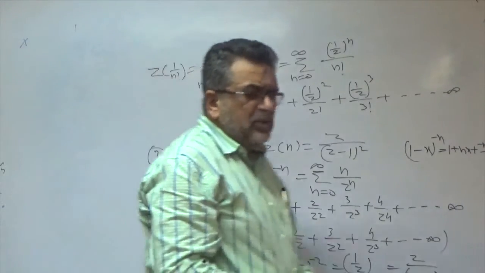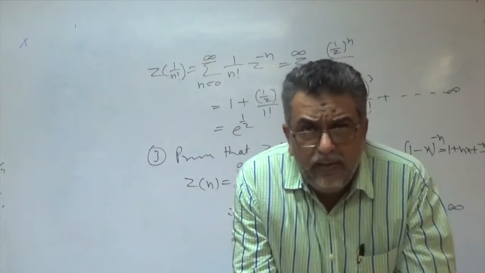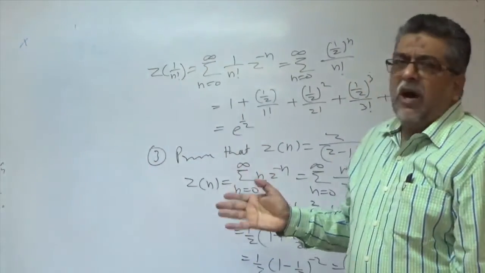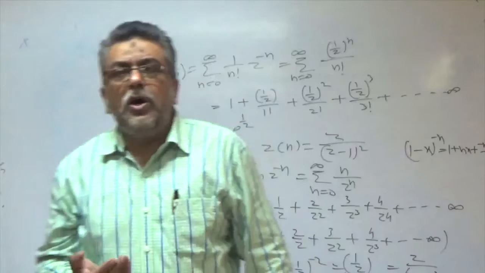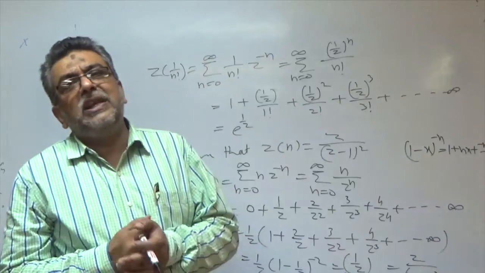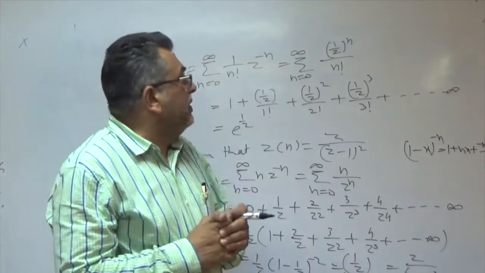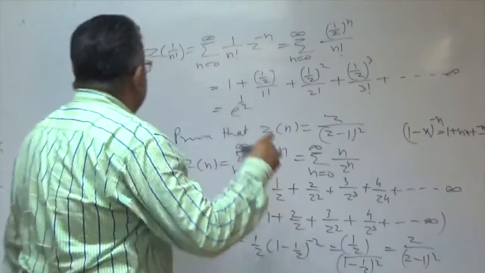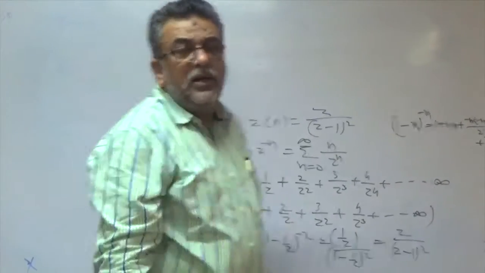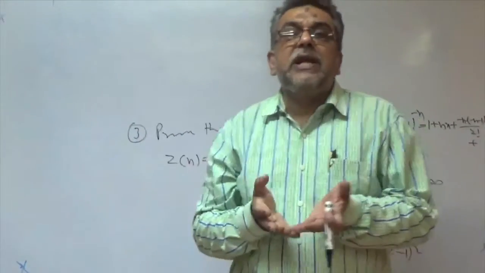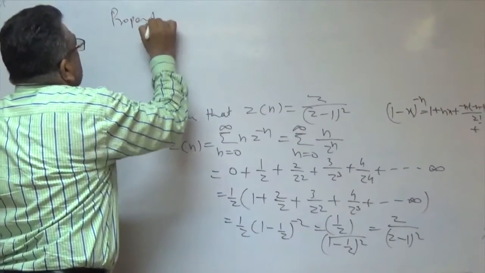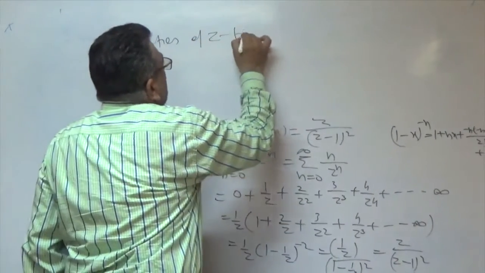So I took these three examples to make the concept of Z transform very clear. I think after these three examples, if you go through them and take the concept of solving these, you will be more clear about the Z transform. Now I am taking various properties of Z transform by which you can solve some more typical types of sums, right? What are the properties? Properties are some theorems, you can say. Properties of Z transform.